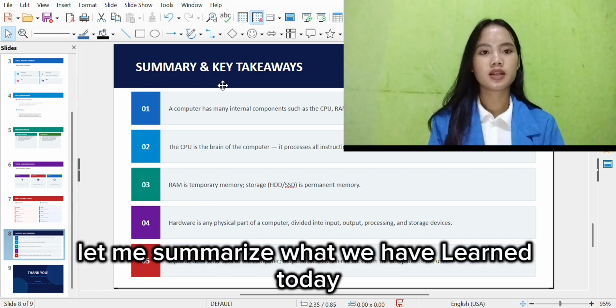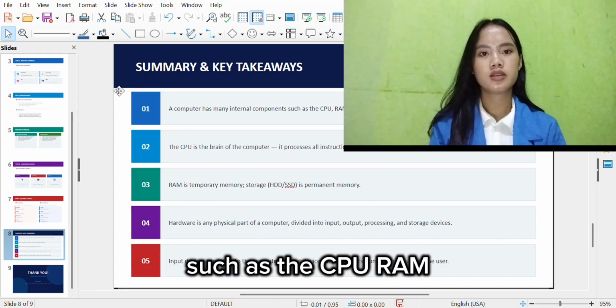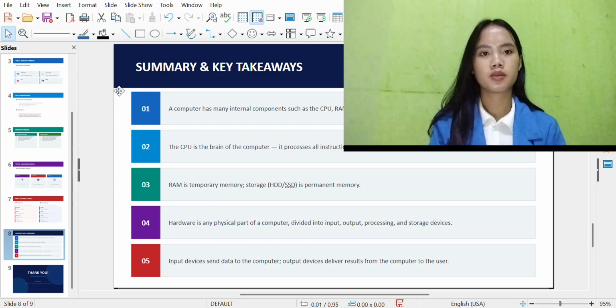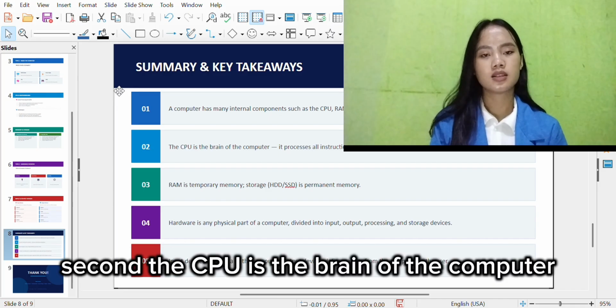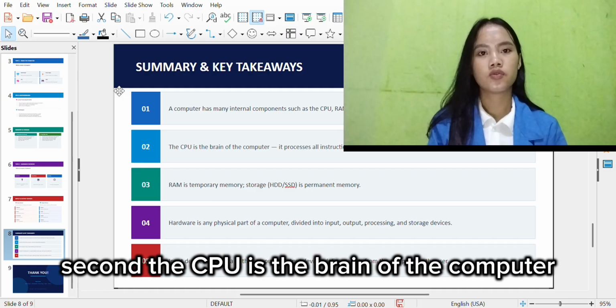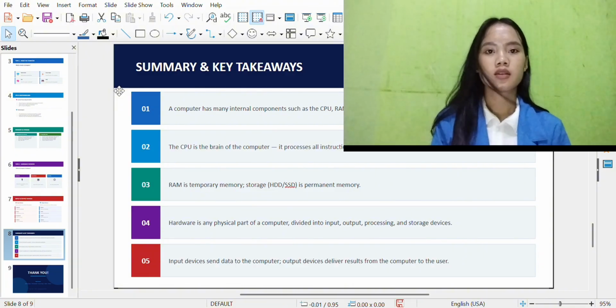Before we finish, let me summarize what we have learned today. First, a computer has many internal components such as the CPU, RAM, motherboard, and storage all working together. Second, the CPU is the brain of the computer that processes all instructions.